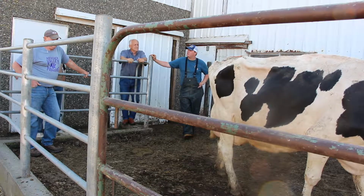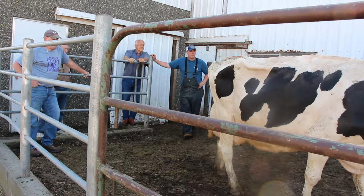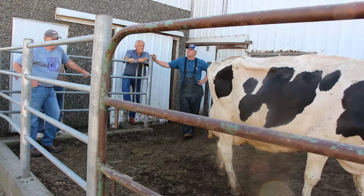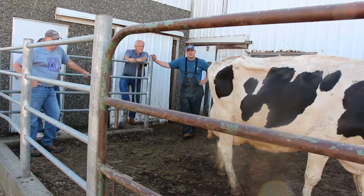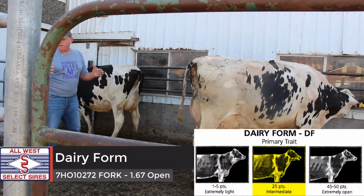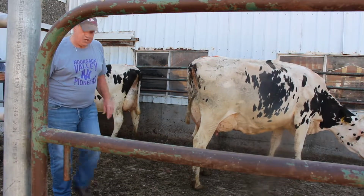As you can see, she's got a lot of things going for her. One big point that I'd like to make is you compare her to the fork, which one's bigger? And she's not the biggest cow, but she is cranking it. She's working hard. On the cow, where her ribs are, the wider the better. That means they're more dairy. And the depth of rib,